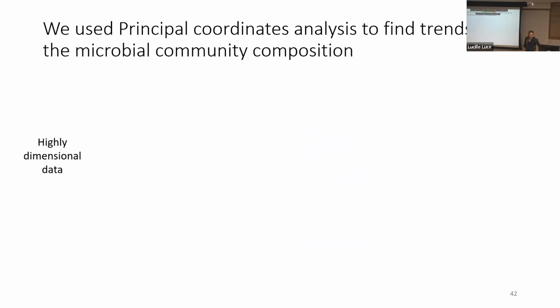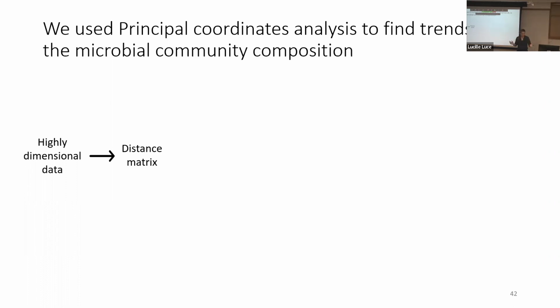And then when we get this data back, it's highly dimensional. So we have one soil and it will have thousands of bacteria or fungi in that soil. And it's hard to find trends looking at this data. So what we do is we create a distance matrix with that highly dimensional data. And so distances that are closer together, so smaller distances, have microbial communities that are more similar to one another. And distances that are further apart, so a higher number, are going to have microbial communities that are more different